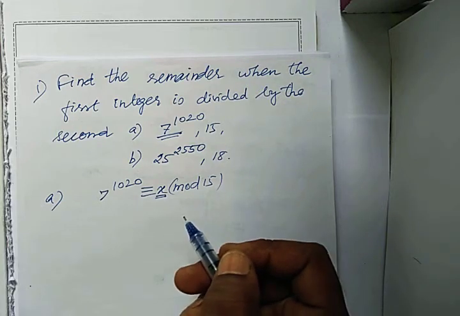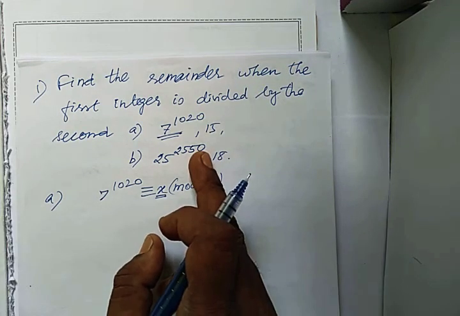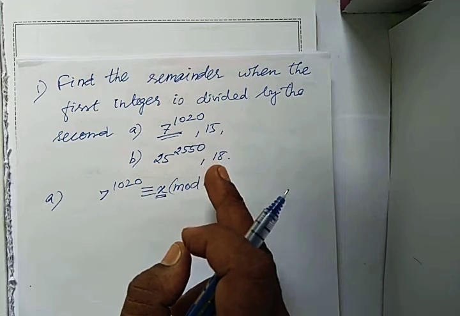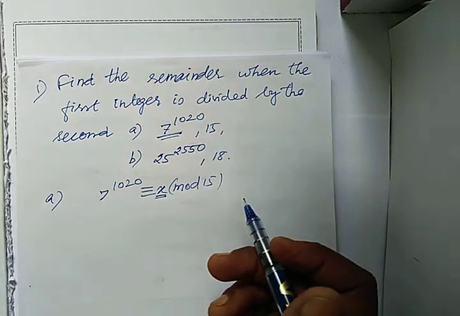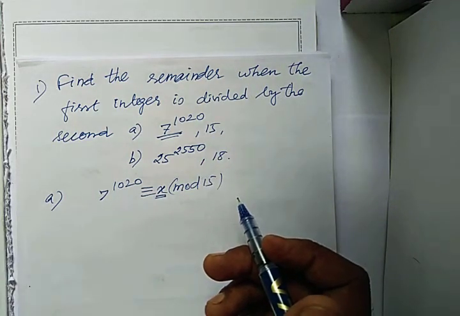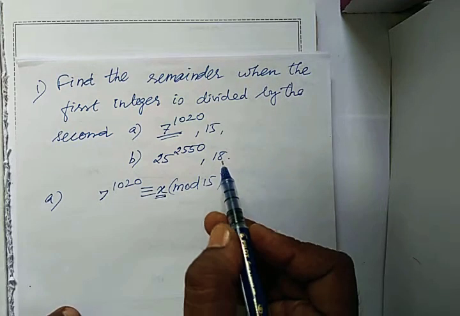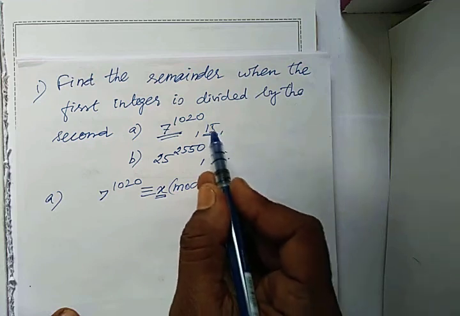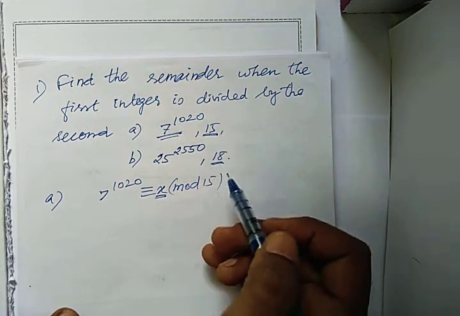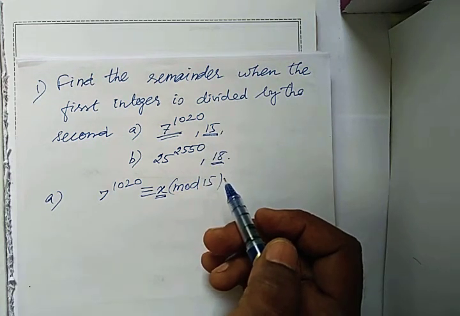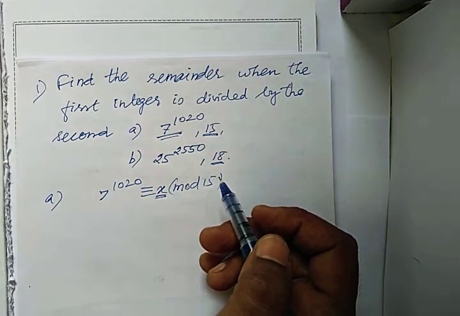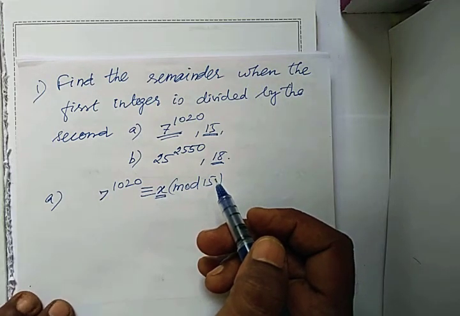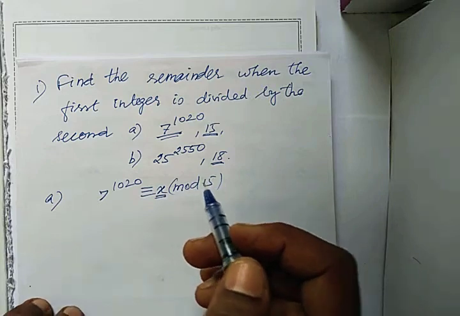We are going to use this for such problems many times. In many ways we can solve such problems using Fermat's theorem, sometimes Euler's theorem. And here 15 is not a prime number, so we cannot use Fermat's theorem. We have to use Euler's theorem only. In many ways we can solve, step by step, by rigorous argument also we can solve. Now